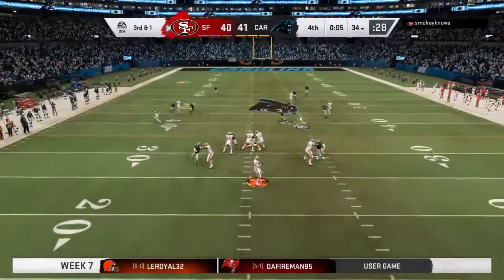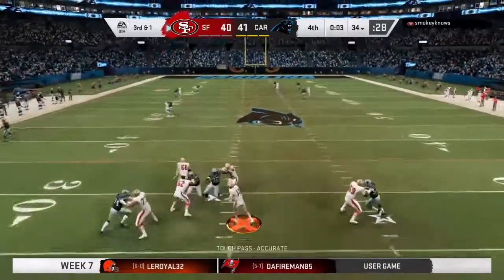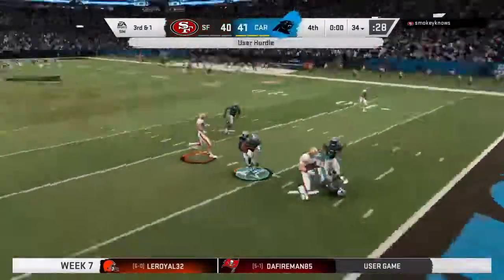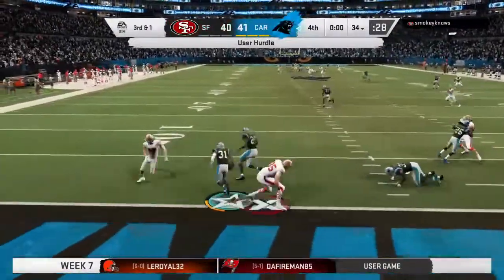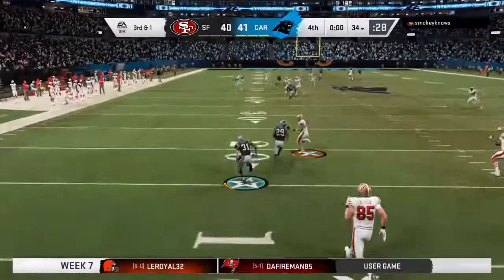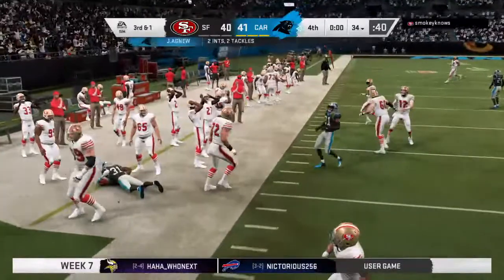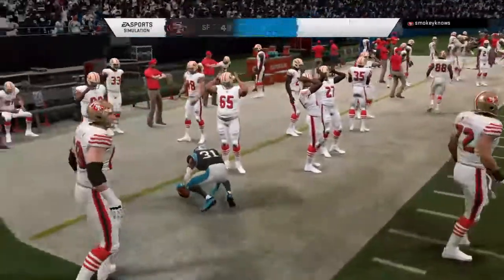Now it's Luck. Now a desperation throw deep downfield. And, a crusher there as it's intercepted. Picked off by Jamal Agnew. And that is going to seal this victory as time runs out. Well, we were on hand for a fun and entertaining